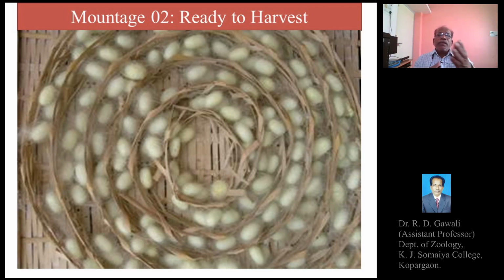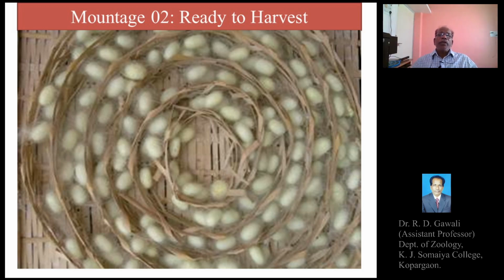And we can see there are several cocoons present in the mountage, and this mountage is showing the cocoons where the larvae have completed the spinning activity, and the cocoons are formed completely and are now ready to harvest.